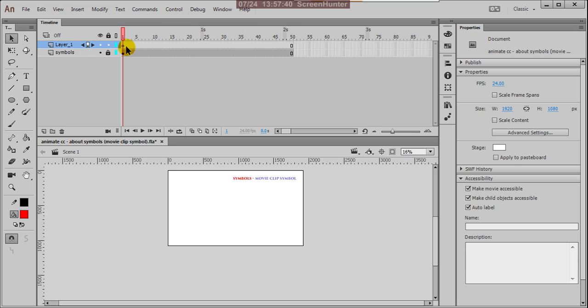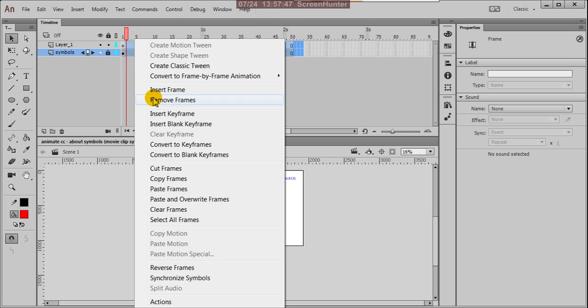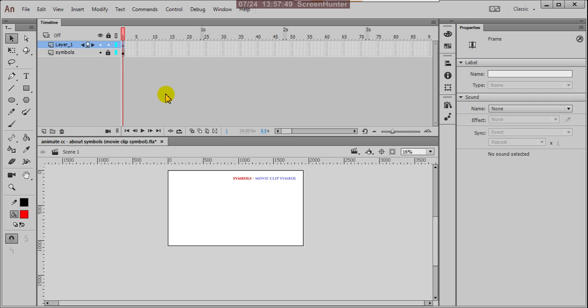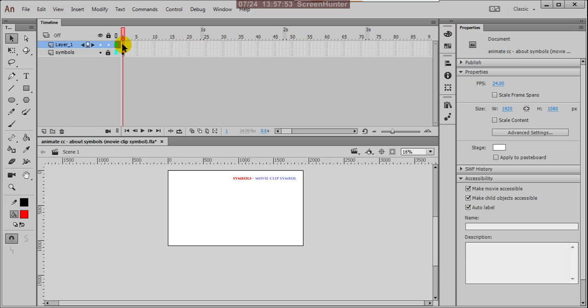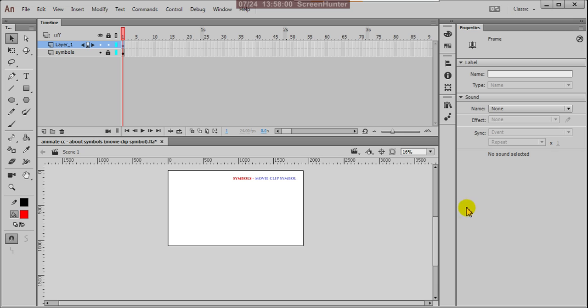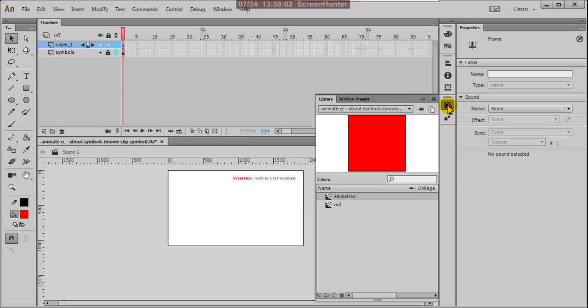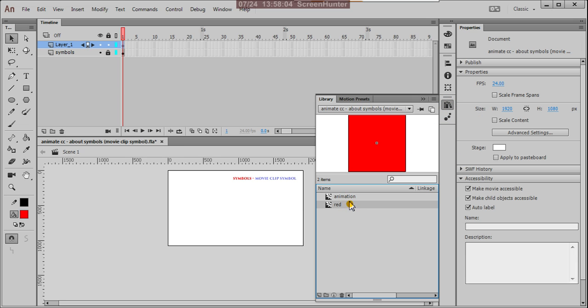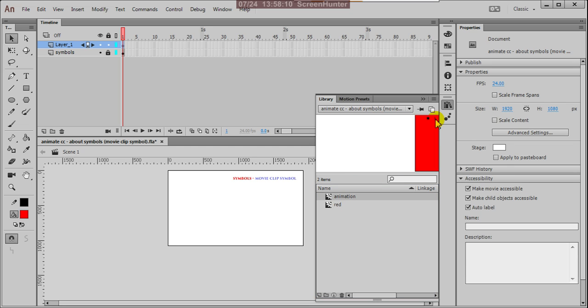Here I'm giving only one frame, not many frames, because it is a movie clip. So there is an empty drawing. Click on that empty frame, and from the library, you gave this name animation. In the library preview you can check this.